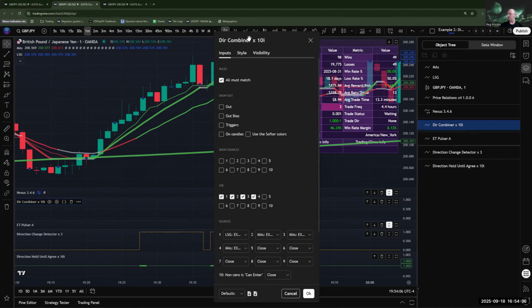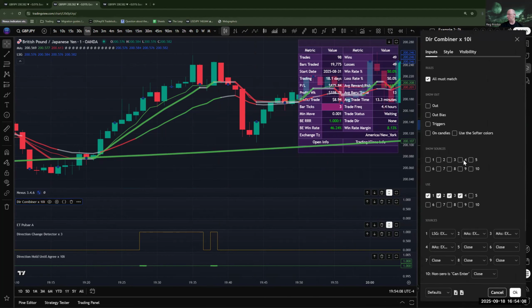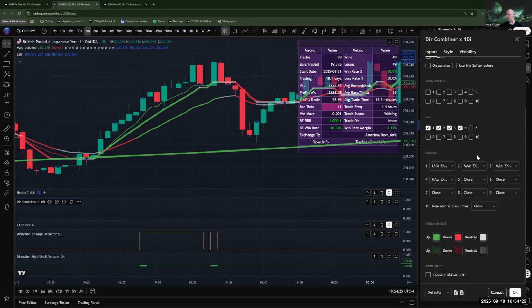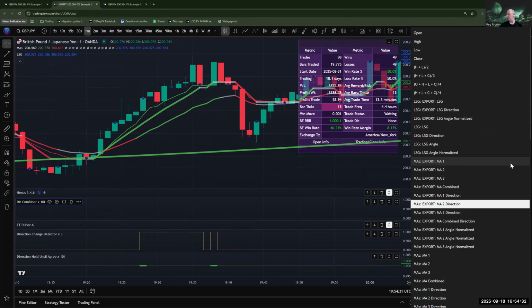So as you can see in this particular component, we've got a bunch of things giving us direction. One's this LSG, which is the Lorenz signal generator, Lorenz something. Schmidt trigger, I think it is. Lorenz Schmidt governor. There you go. I remember it now. And then we got some stuff coming in from moving averages. So we got stuff coming in from MA1, MA2,